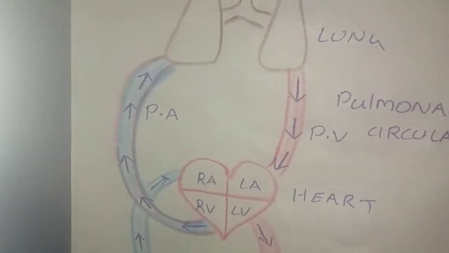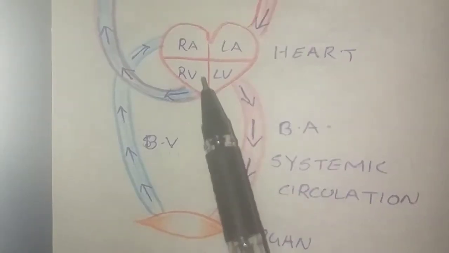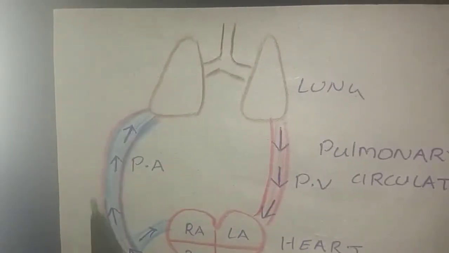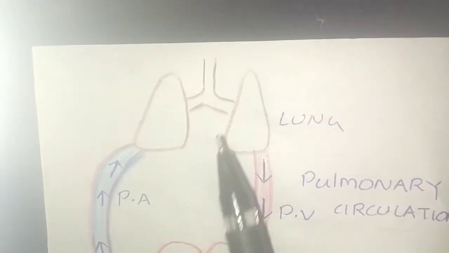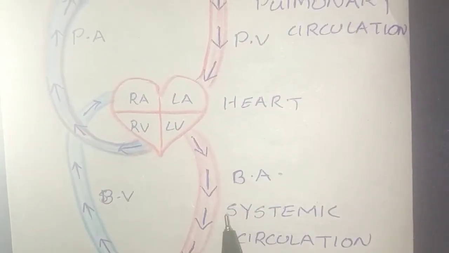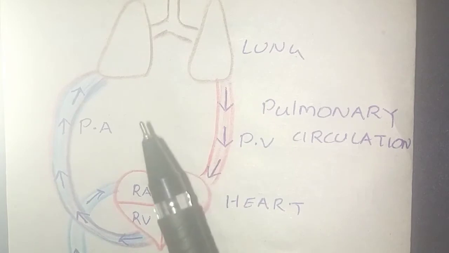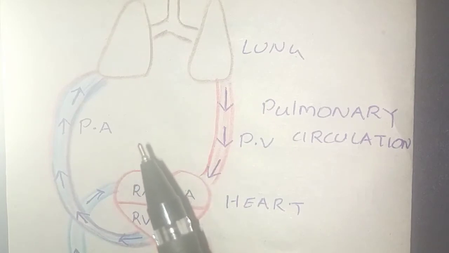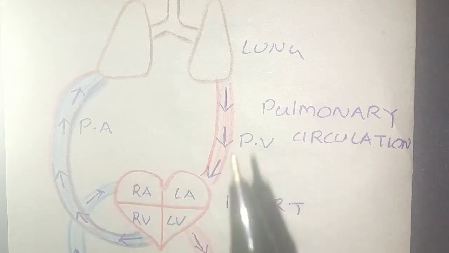Here we can see the heart is supplying the organ, and through pulmonary circulation it supplies the lungs too. And one thing, the lungs are also an organ. So when the blood in systemic circulation also reaches the lungs, there is a chance for mixing of the blood here, so there is a chance for a shunt to occur. We just need to remember that there is a chance for the mixing of blood from pulmonary circulation and systemic circulation. That's the base of the shunt.